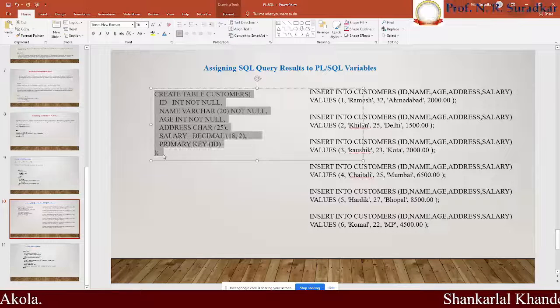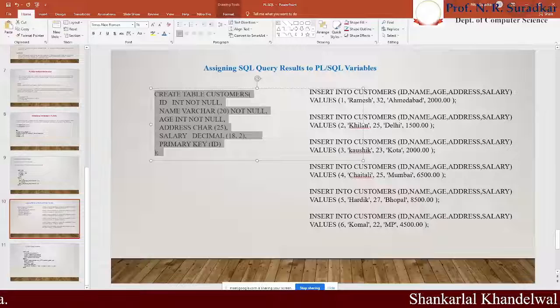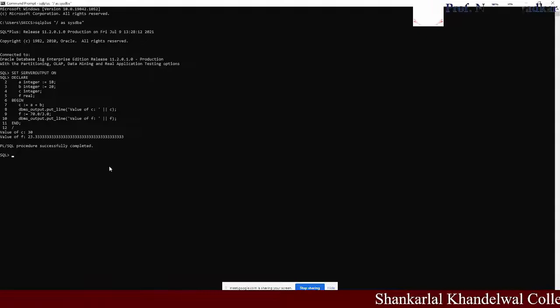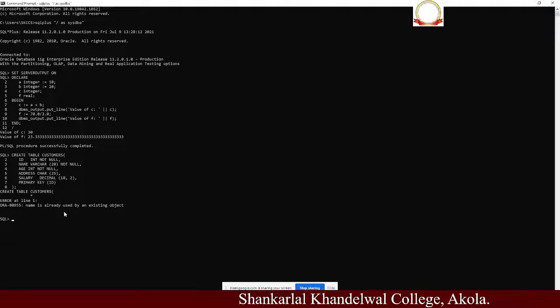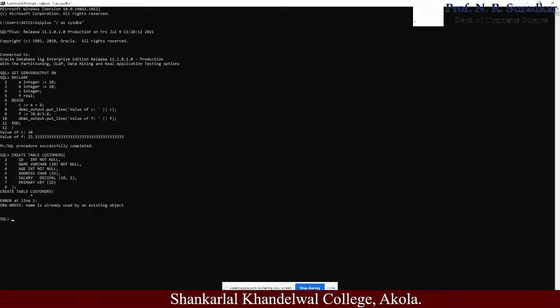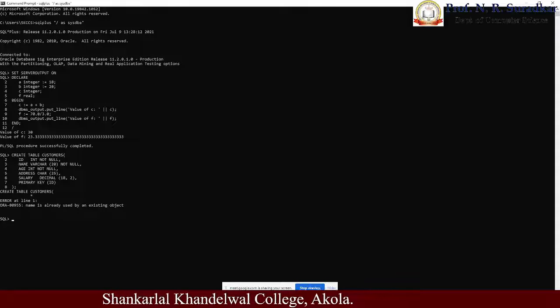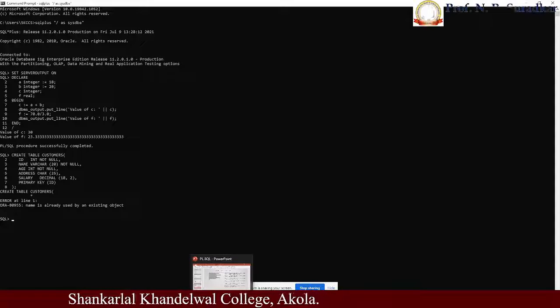Okay, let's see here. Copy from here, create table customers, go to the command prompt. It shows an error: name is already used by an existing object. This means the particular customer table name has already been created.